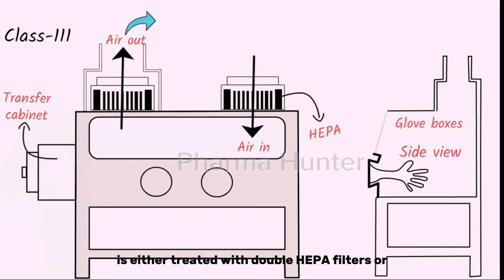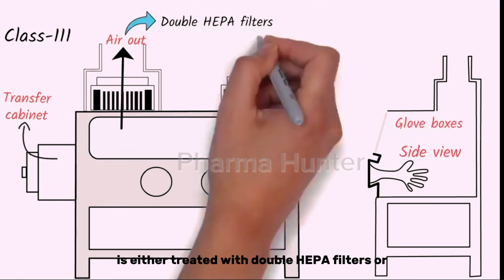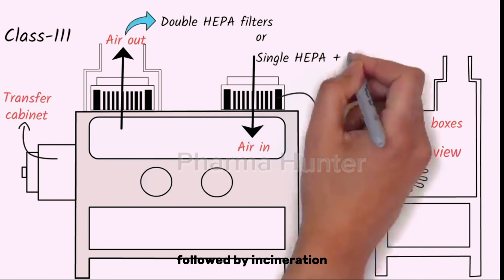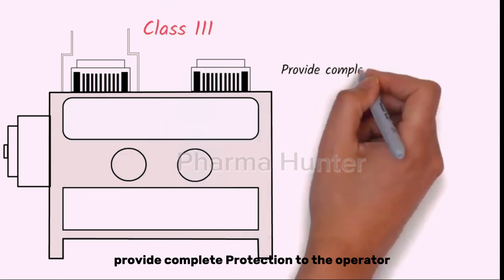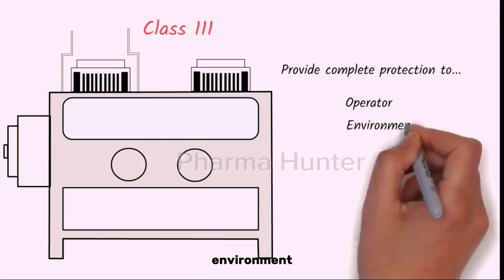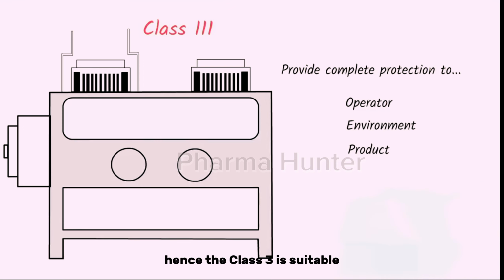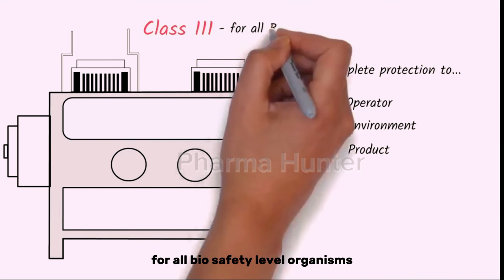The exhaust air is either treated with double HEPA filters or a single HEPA filter, followed by incineration. The Class 3 biosafety cabinets provide complete protection to the operator, environment, and the product. Hence, the Class 3 is suitable for all biosafety level